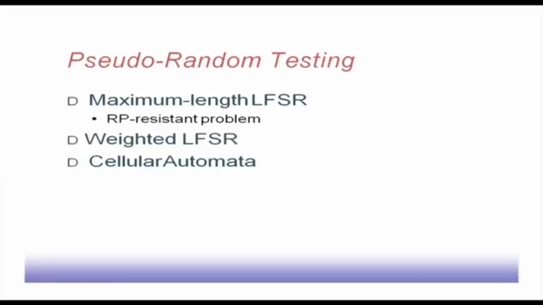So, we can modify the maximum length LFSR properties to have a weighted LFSR. In the weighted LFSR we change the weight factor. Some of the cells will generate more ones than others. As a result there is some weight factor, and the pattern generated is skewed, and these skewed patterns may be helpful in targeting